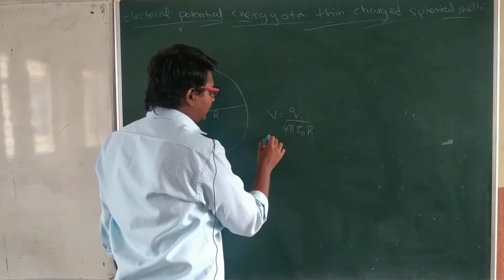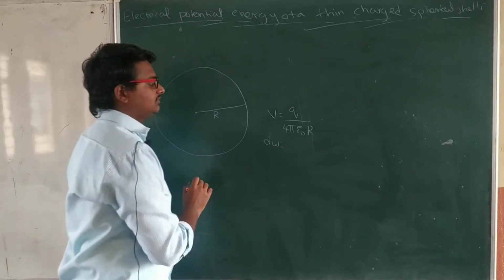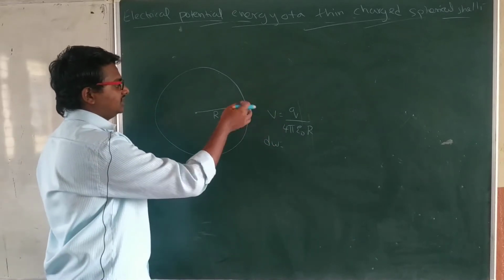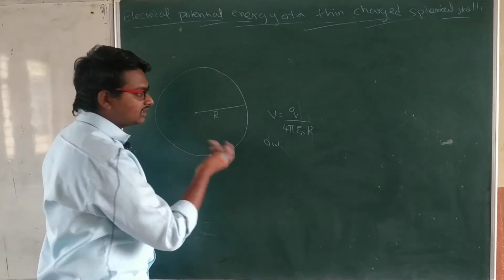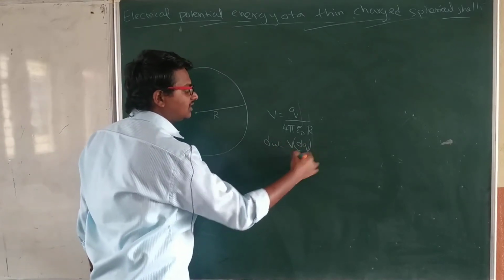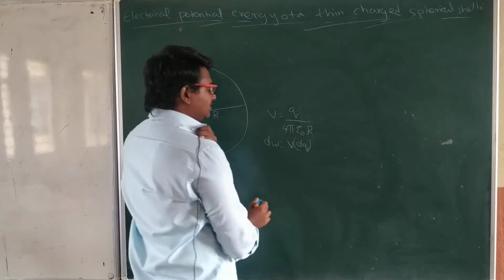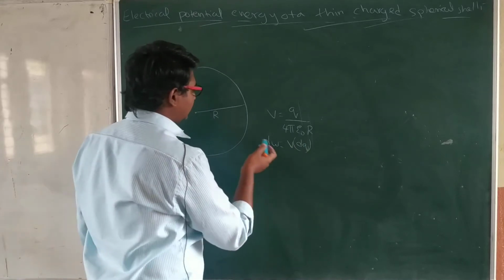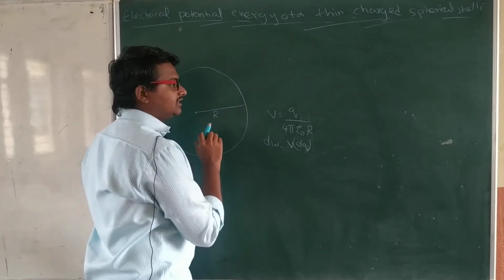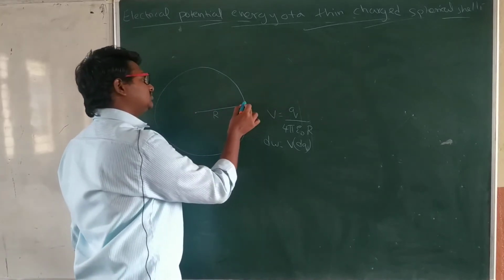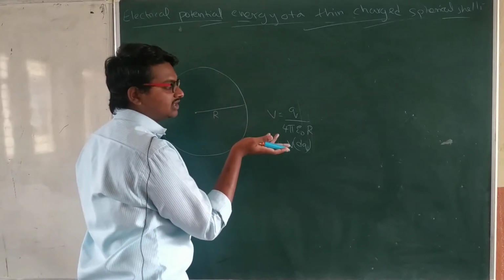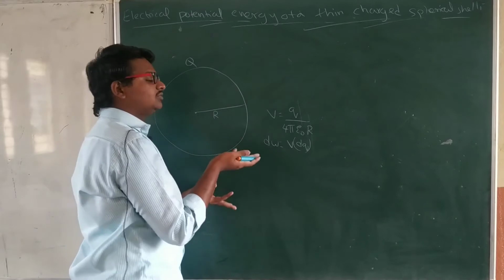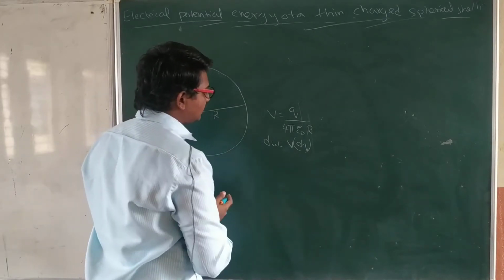And next, dW we have to find. dW is nothing but the work done in bringing a small point charge from infinity to here. That is V into dq, just like in the previous case. We found the value of V, and what will dq be? dq is simply one of the small charges. In the starting there will be no charge, zero charge, and in the final ending it will have plus Q charge. It means the limits are 0 to Q.